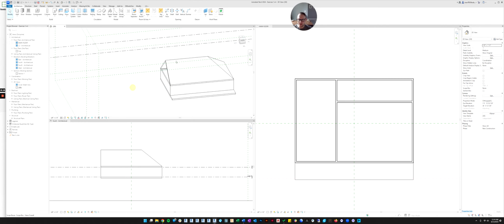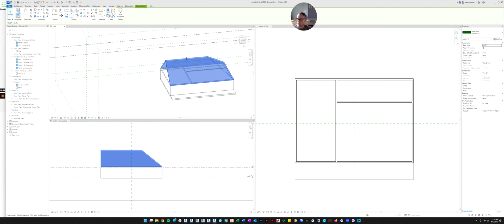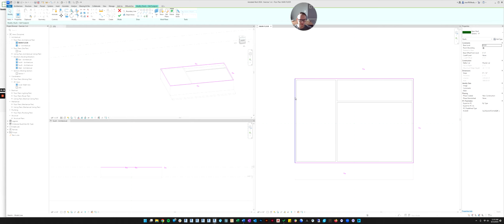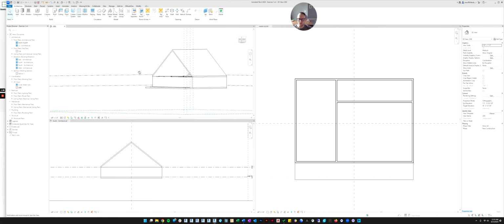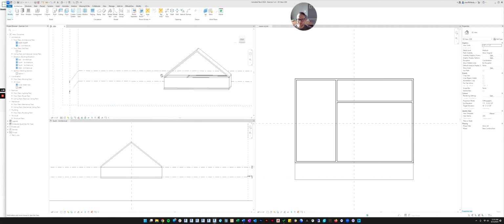So let's modify that. Let's go to the roof and hit edit footprint. Now let's go back to our floor plan and select the edge of the roof that isn't sloped, and let's define the slope. Click that checkbox again, and it'll make it sloped. Now let's select the front and the back, and let's undefine the slope there. So now it won't slope here or here. Now let's click OK.